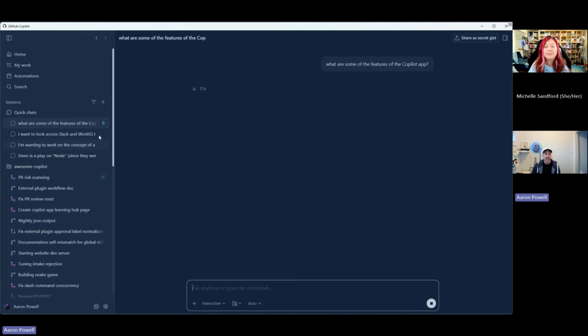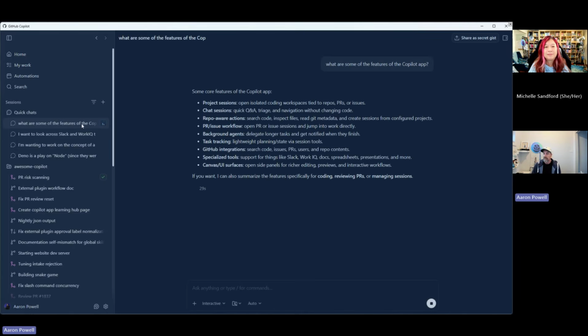And in that session view, we have a little icon indicating that the session is performing some work. If we hover over it, we should get a little tooltip that tells us that it's doing work. Looks like my tooltip is not showing, but anyway, there we go. So it's time to come back with some information.